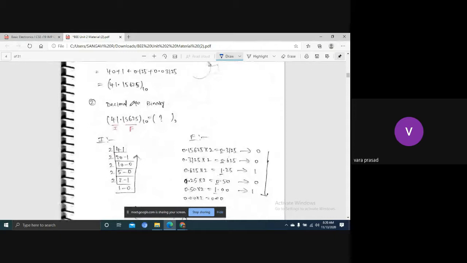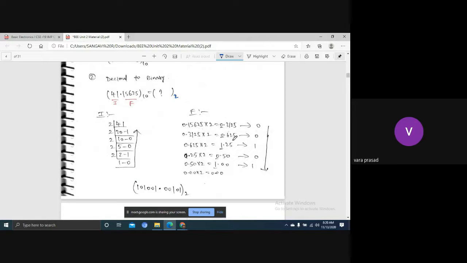What we can do for decimal to binary, the given number is decimal. What we have to do: integer part you have to take it. Where we need to convert to binary, integer part, fraction part, the fraction part you can multiply with 2. Now here, for the integer part, we have to collect remainders from bottom to top. Here I will explain, listen carefully. Here this is important. A lot of students get confused.